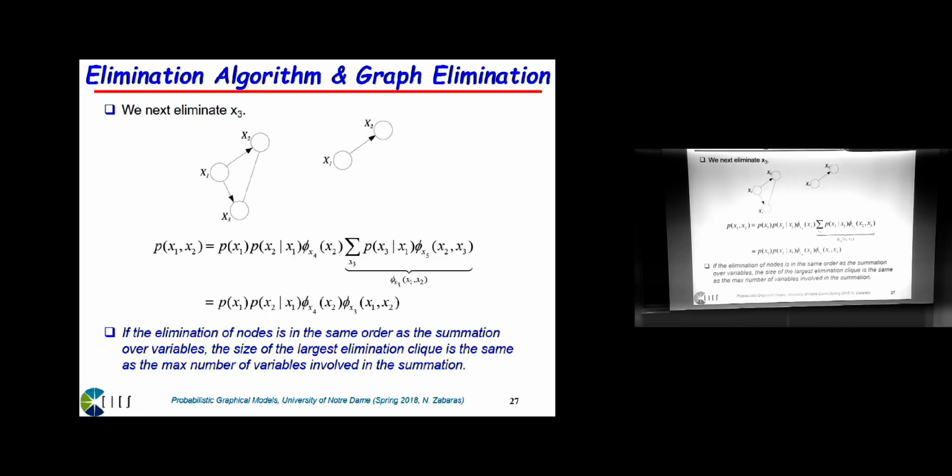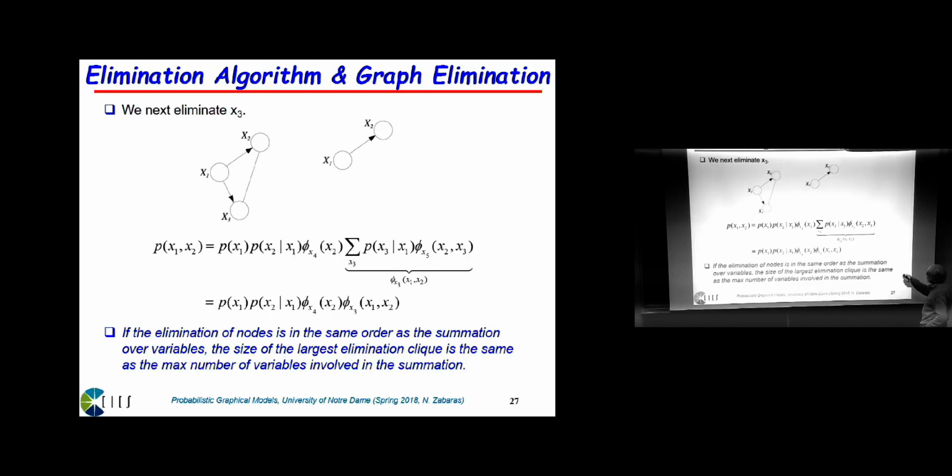Okay? So does it make a little bit of sense? All right? So we will write the algorithm as an algorithm shortly. Okay? So you may want to appreciate that when we sum these terms here, obviously the highest cost in the calculation is the one that involves basically the highest number of variables